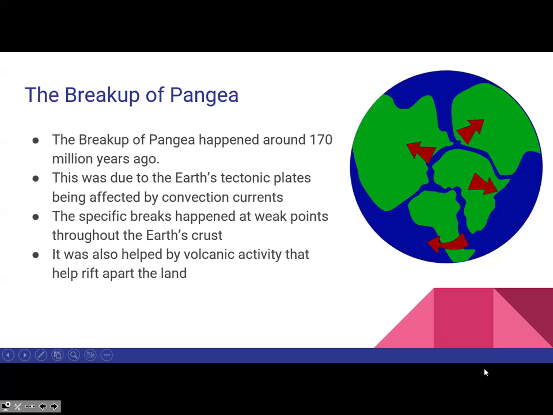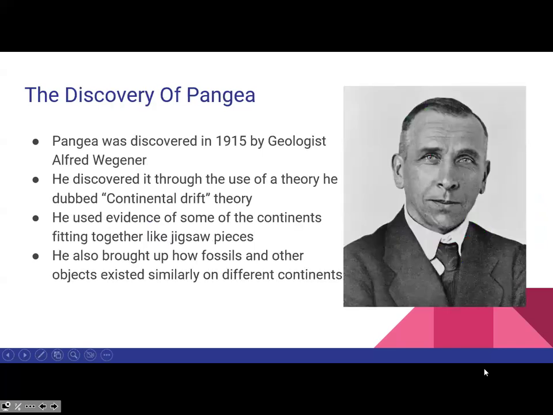And now, we didn't just start off knowing all this, so we go back to 1915. Pangea was discovered by the geologist Alfred Wegener in Germany. Through the years he developed the theory that he called continental drift theory, which is just the theory that they all drifted apart. And he used evidence of the continents fitting together like jigsaw pieces